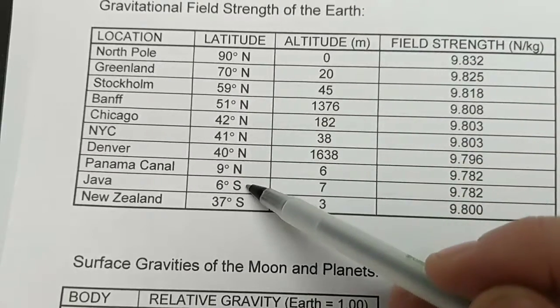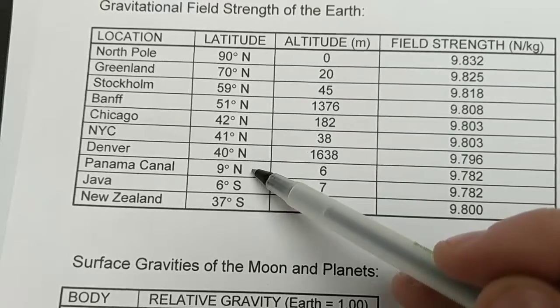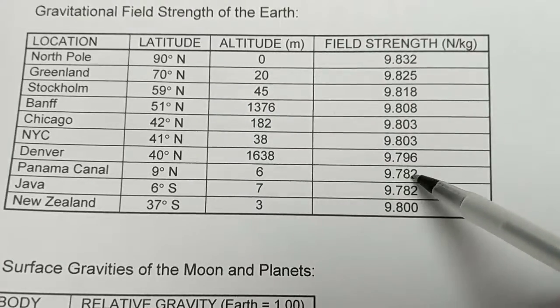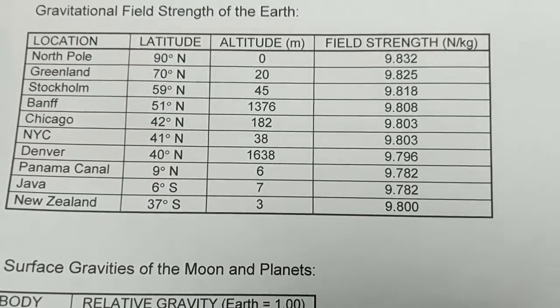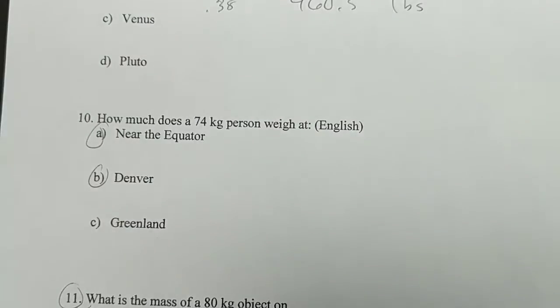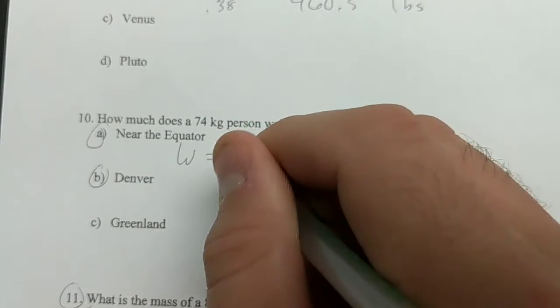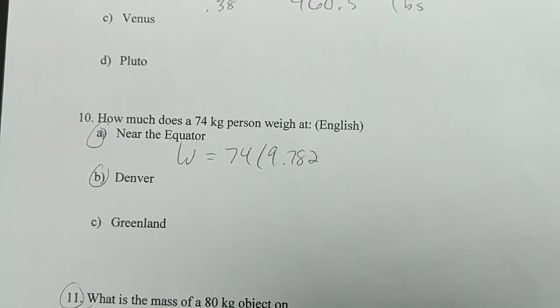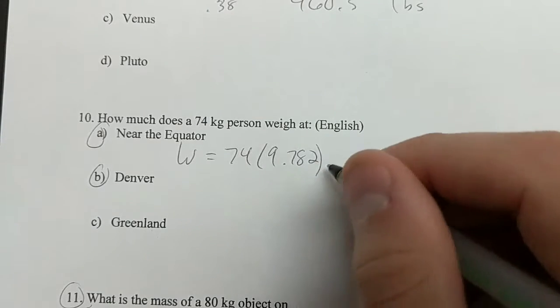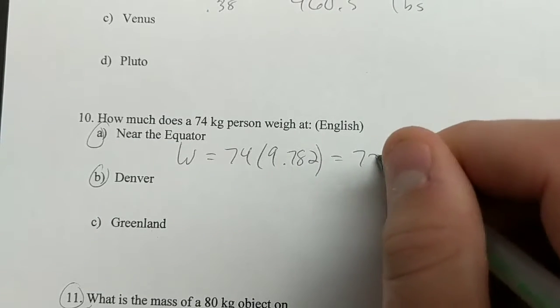So 6 degrees south or 9 degrees north, those are pretty close. They end up being the exact same. So we're going to use 9.782. Weight is going to be 74 times 9.782, and you're going to get